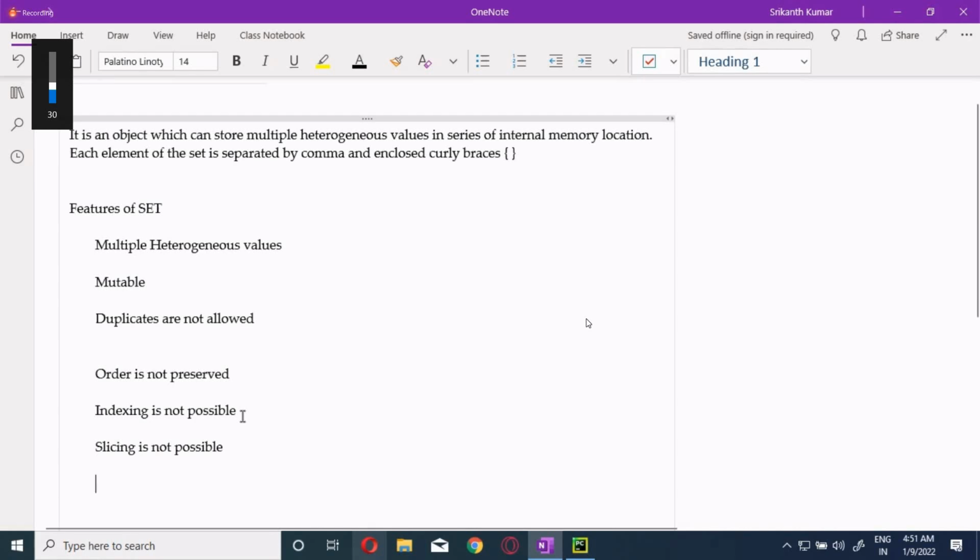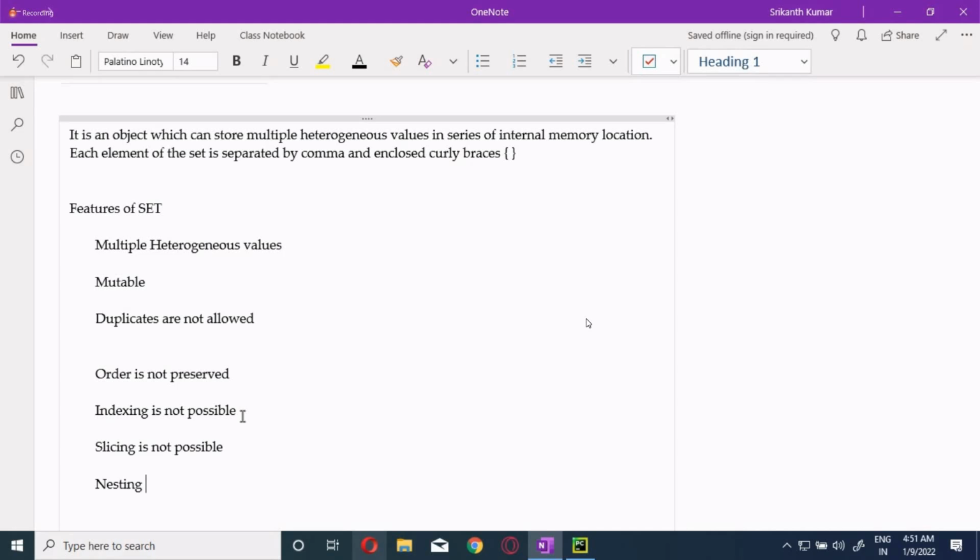And then there is nesting. Here there is a slight difference. The iterable which is immutable is allowed as a nested part. But if the iterable is mutable, like list and set, they are not allowed inside the nested part.